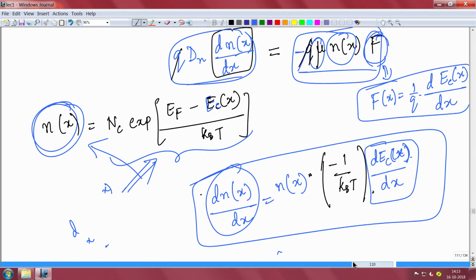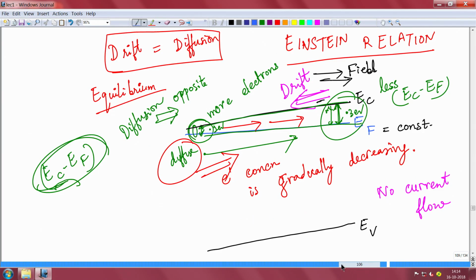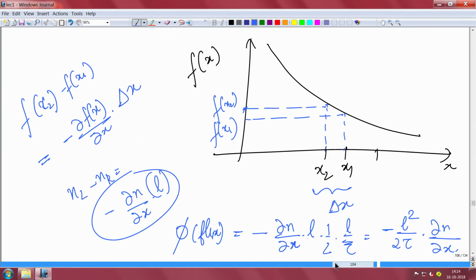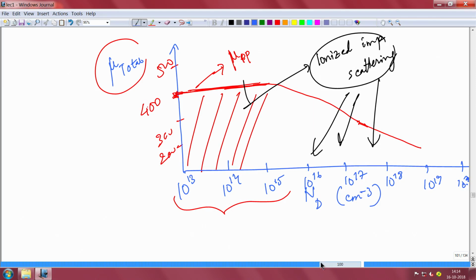Einstein relation we had derived, and this is very important. Einstein relation essentially was the diffusion coefficient divided by the mobility is equal to kT by q. So this will become very handy, very useful in whatever we are going to do in the next discussion of the p-n junction, so we should not forget that. We had also discussed drift diffusion basics, the derived expression for diffusion current. I also had derived the expression for the drift current.